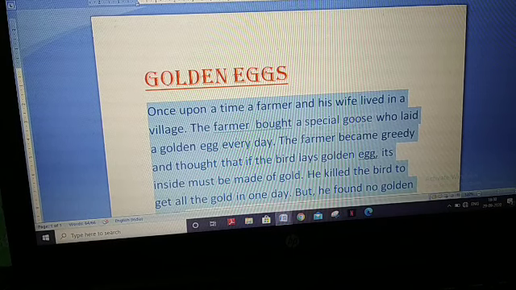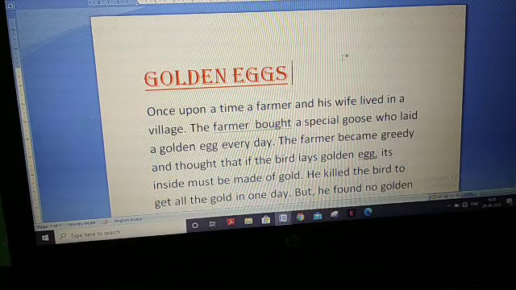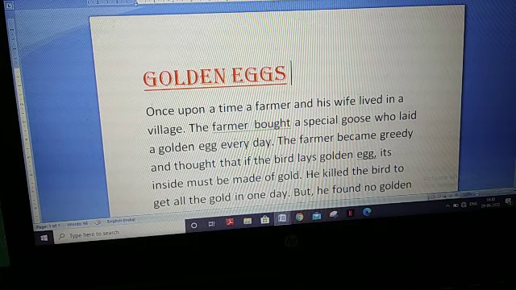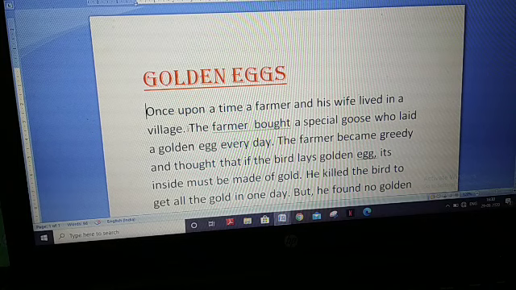Clear? Now see, if you want to select a sentence, place your cursor at the beginning of the sentence. Suppose this one. The farmer bought a special goose who laid a golden egg every day. So place your cursor at the beginning of the sentence.